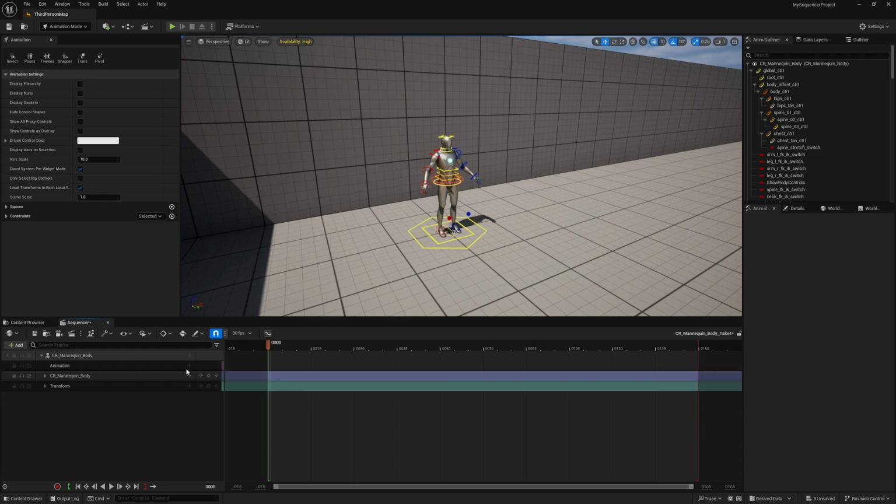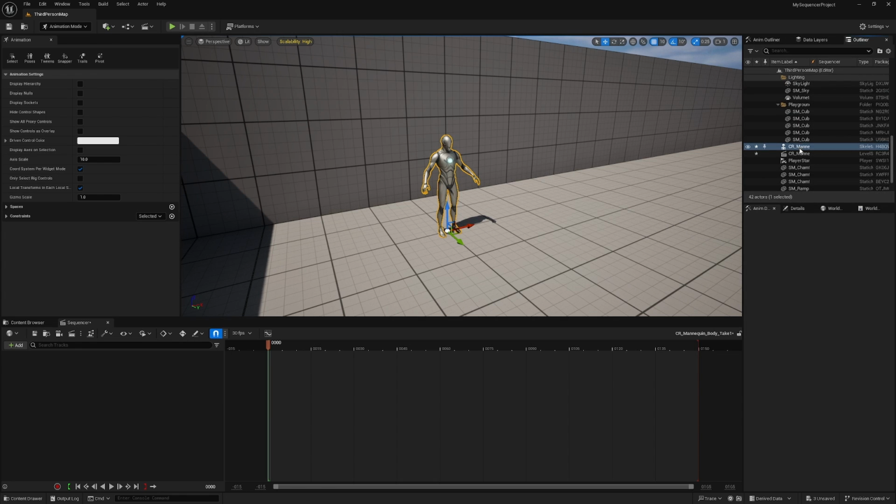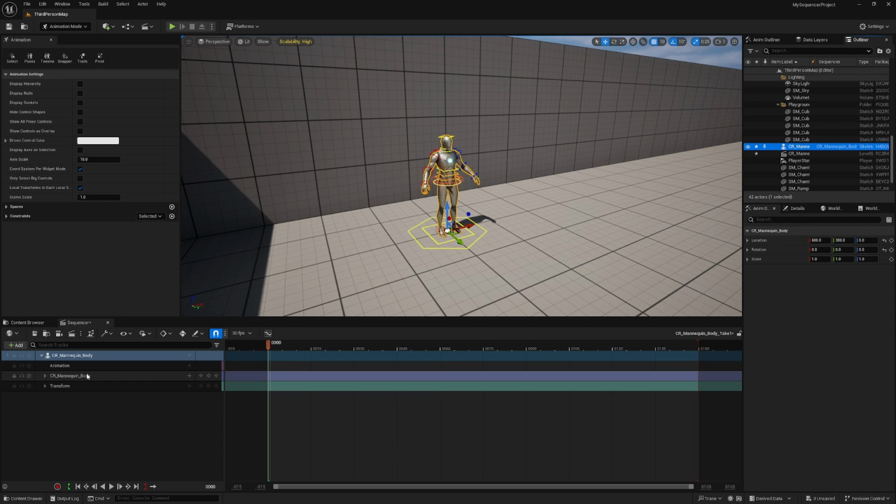Now, this isn't the only way that you can open Sequencer. For example, if I just delete the control rig from this level sequence here, you can see we've still got it in the world here. So if I find this in the world outliner here, control rig mannequin body, and I drag this into Sequencer, you'll see that it's added it into Sequencer right here. So you can just find any objects that you want to add into your sequence and drag them from the